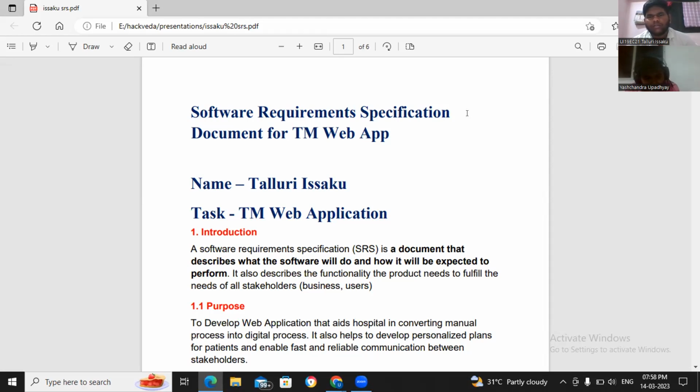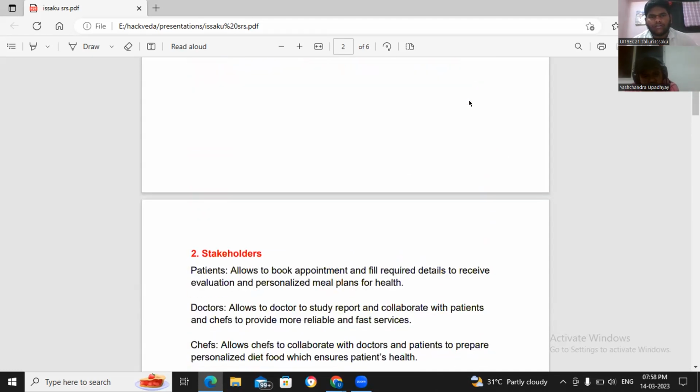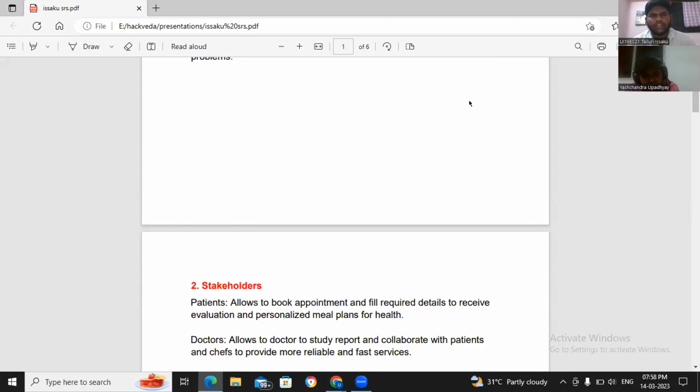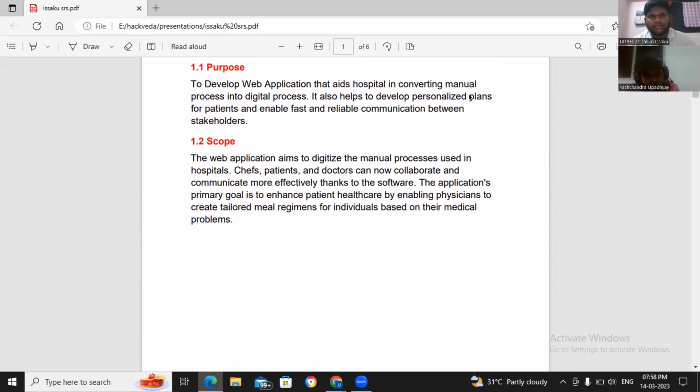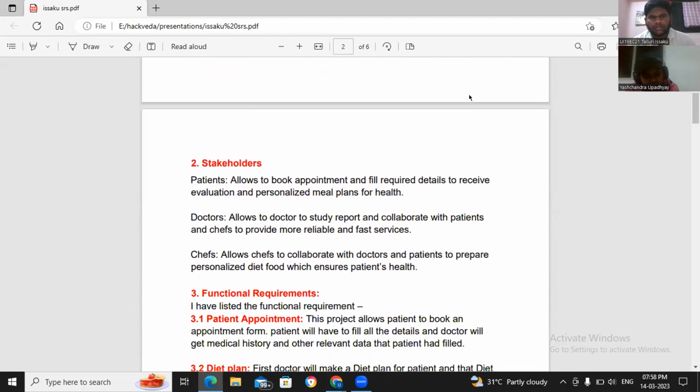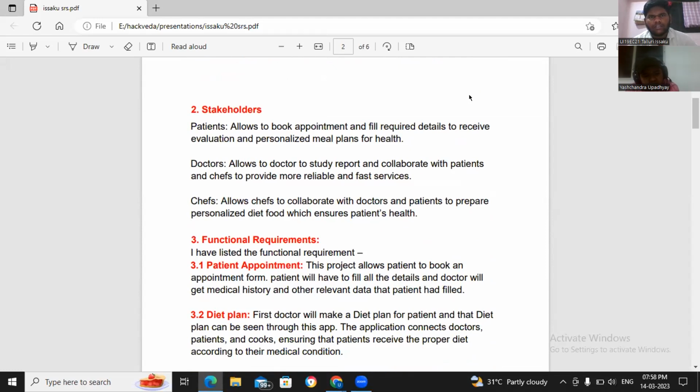Okay. Can you scroll down a little? See, you have this purpose and scope. I believe you said that this is the purpose and this is the scope, and you skipped it at the start. And then you started explaining this stakeholder part. It should be the other way around.